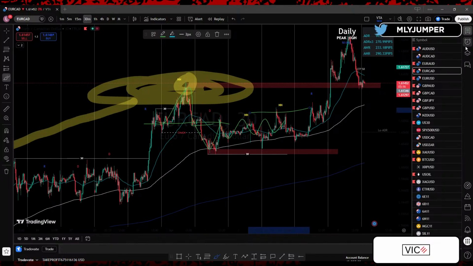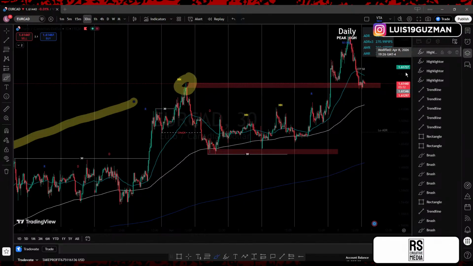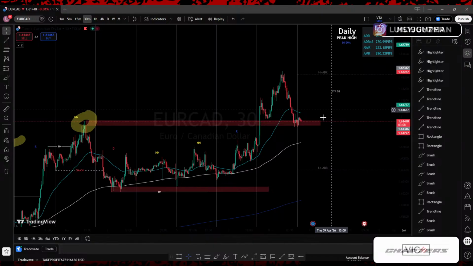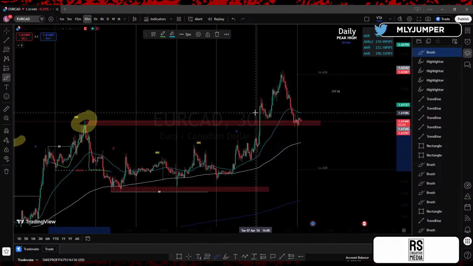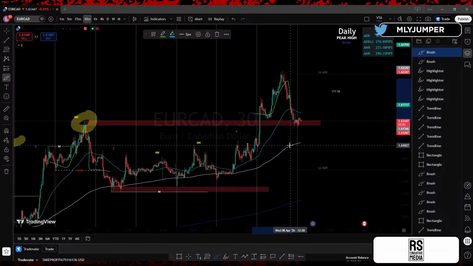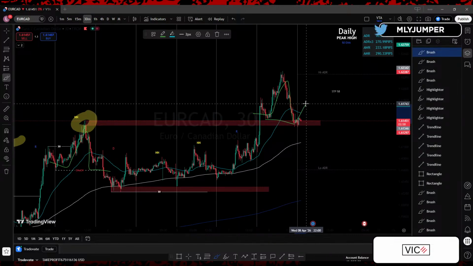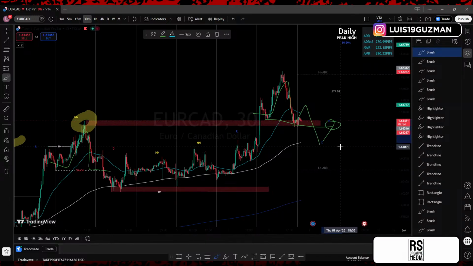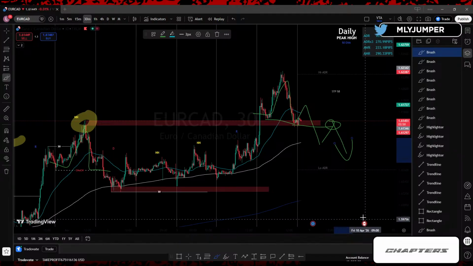So once again, what I'm waiting for is the change of character and the break of structure. Same thing that's happening up here. All these traders getting ready to trade the same thing, right? Shoulder head shoulder is what people want to trade here. But what are you looking for? Change of character, lower high, break of structure, lower low. You get in at the lower high after the break to confirm that the trend has shifted.